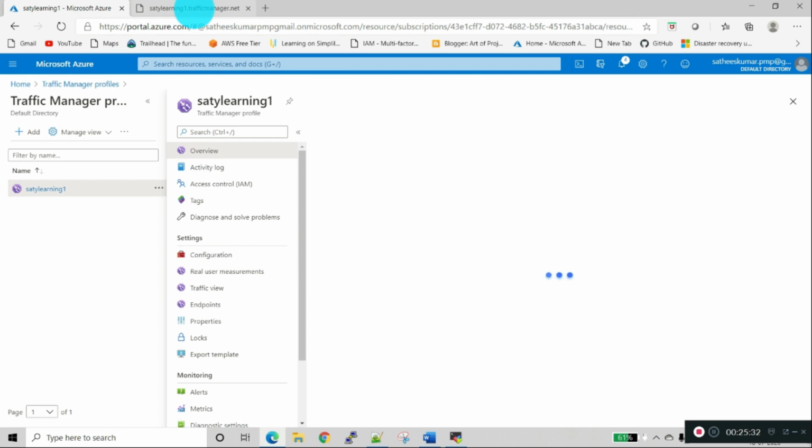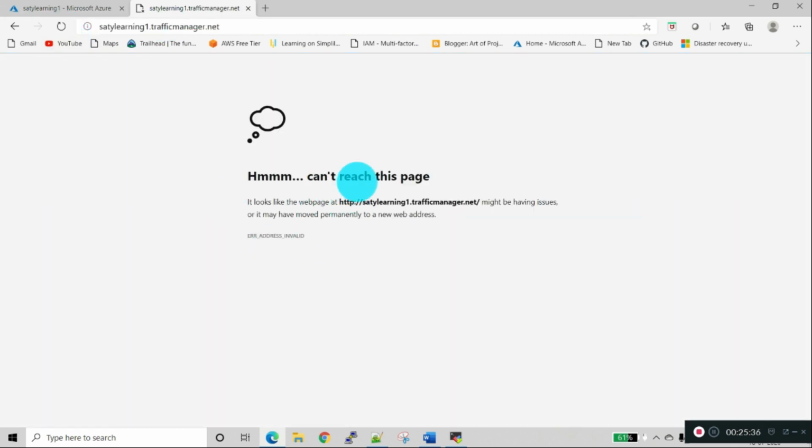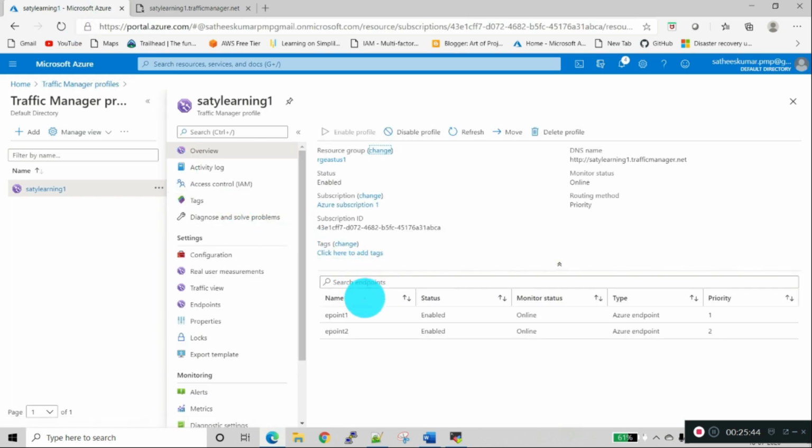Now we will try to hit the server. But it will not hit web server 1 or web server 2, because the traffic manager has not yet routed the traffic from web server 1 to web server 2. This is the latency period it will take.